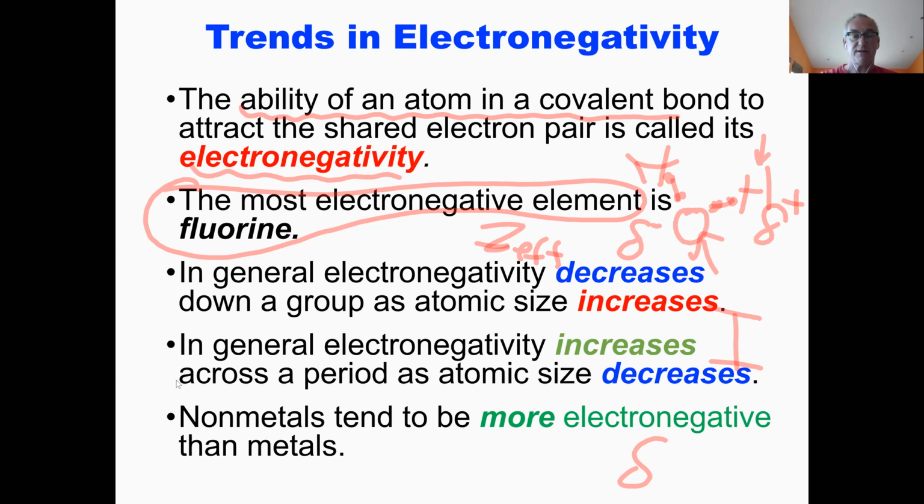So nonmetals tend to be a lot more electronegative. Nonmetals pull on electrons. They're greedy. They pull on electrons a lot more than metals do. Metals don't pull on electrons as much because they're bigger, and they tend to give electrons away. And how we measure this,